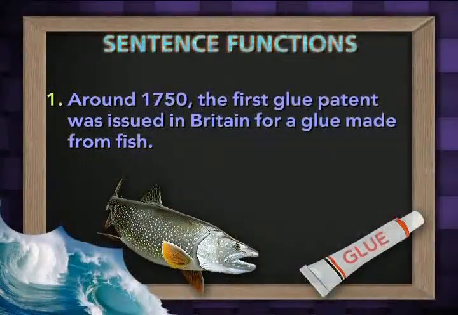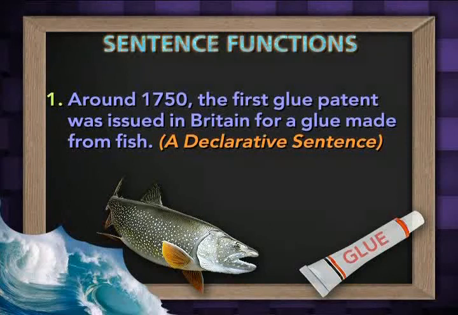Around 1750, the first glue patent was issued in Britain for a glue made from fish. This is a declarative sentence. It's a statement. Part of the way I can tell, as you know, is from the end punctuation. It doesn't have a question mark,